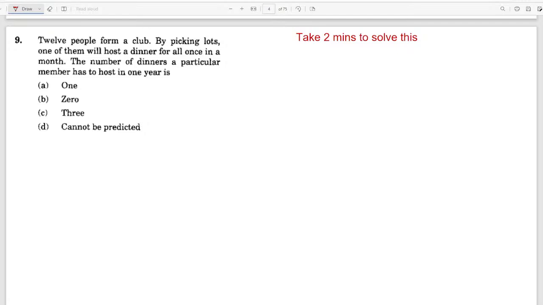We'll see how to go about this question. What they're asking is: 12 people form a club by picking lots. One of them will host a dinner for all once in a month. The number of dinners a particular member has to host in 1 year is... So they are saying that there are 12 people,